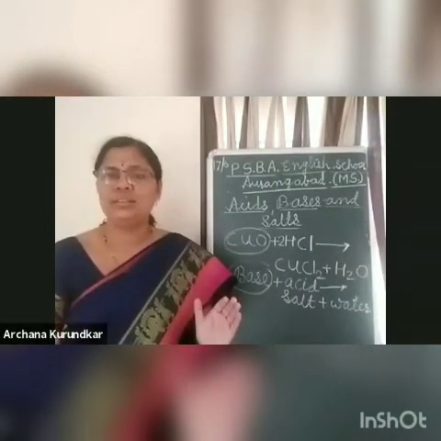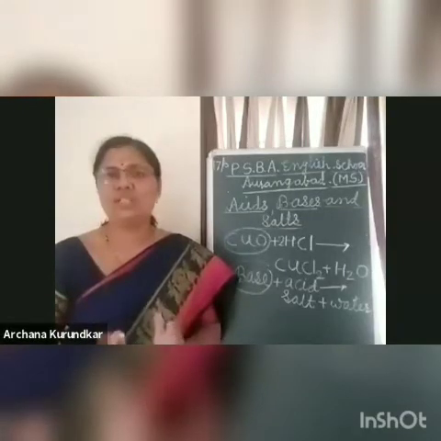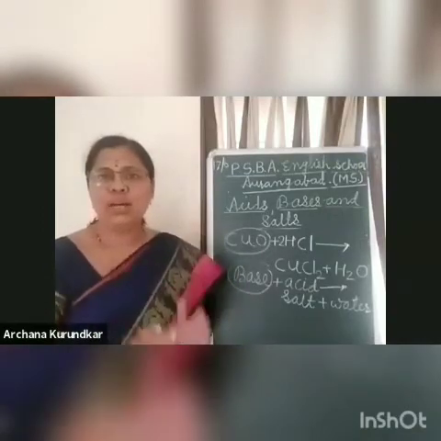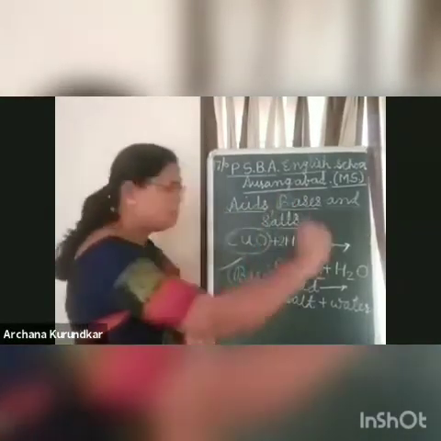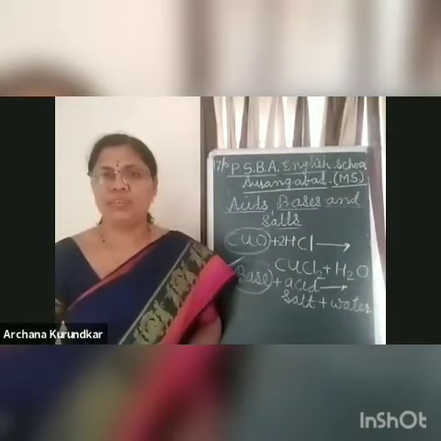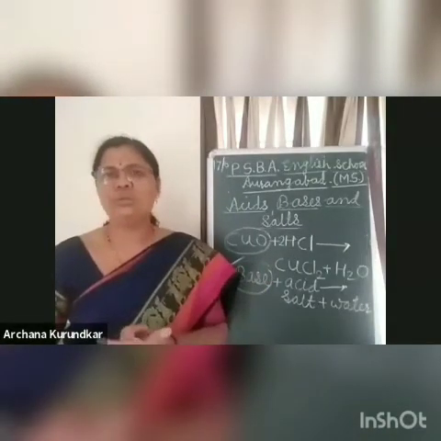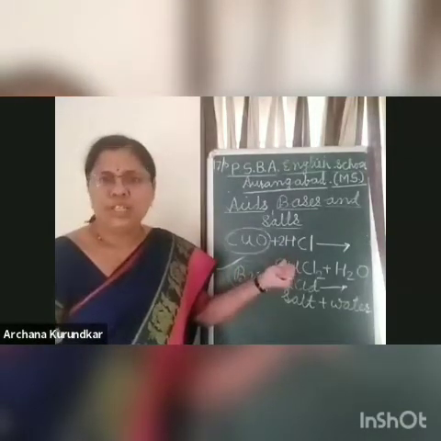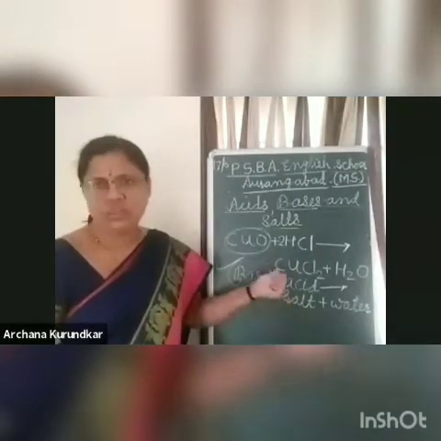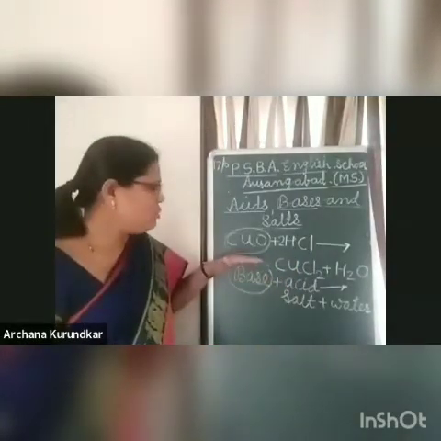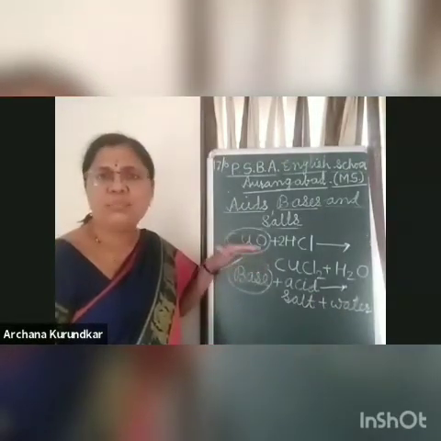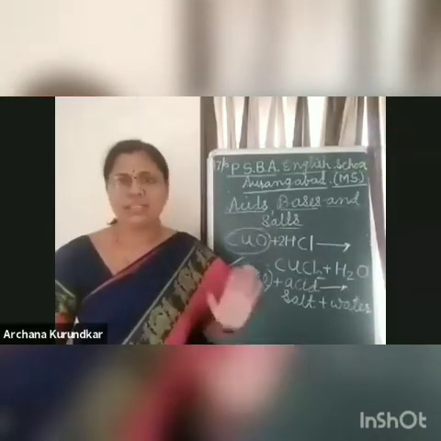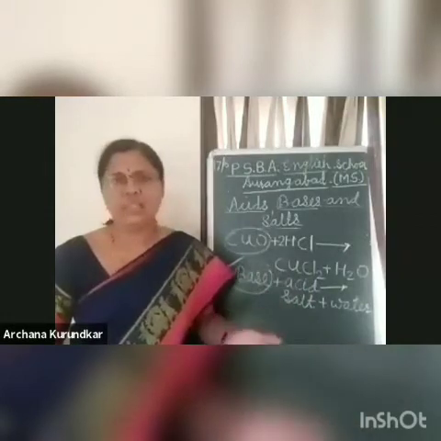Is that clear? This is a very important reaction. They will ask you, explain the reaction of metallic oxides with acids and why metallic oxides are called basic oxides. Only one line you have to write in the answer. You need not explain much more. You need to write that if you compare the reaction with the neutralization reaction, the metallic oxides are acting as a base, that is why they are called basic oxides. I think it is clear to you. In the last 5 minutes we'll discuss.